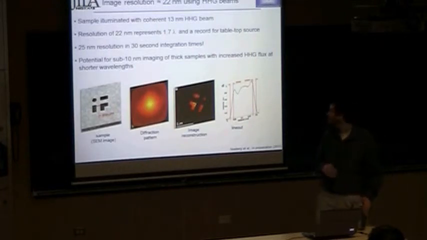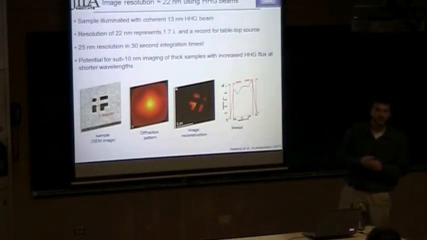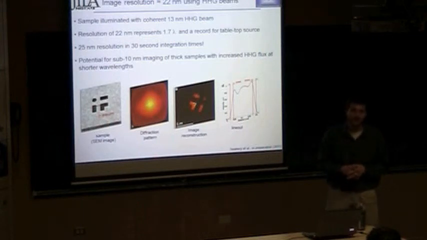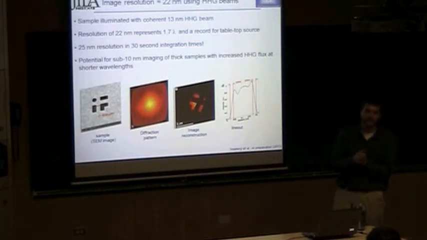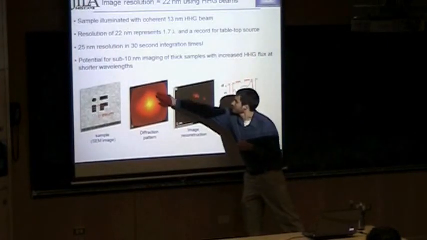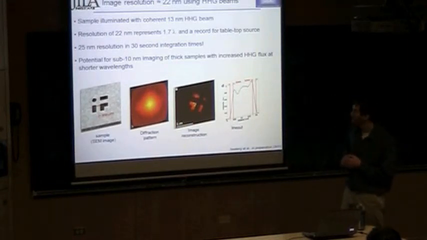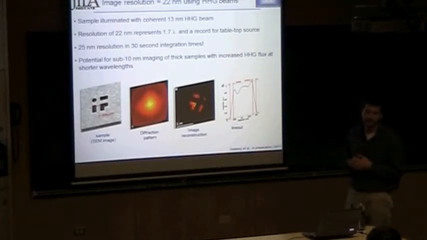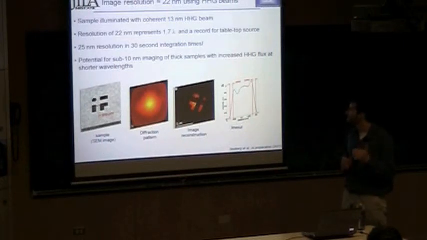Okay. Yeah, thanks. So the question is, why are we stuck at around twice the wavelength? It's always a question of numerical aperture. In this sort of scheme, the numerical aperture is defined by how close you can physically get your camera to the sample, and also how you need a lot of flux to scatter. Right, the numerical aperture is how high can you measure signal above the noise, at what angle, and the signal out there falls off pretty quickly. Actually, these guys could tell you more about it, I think.